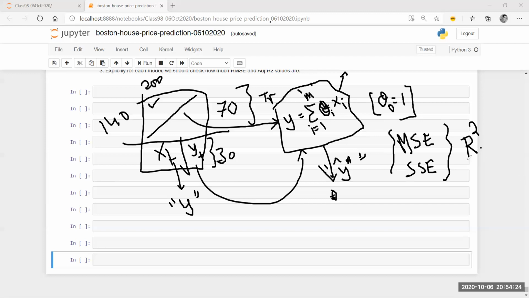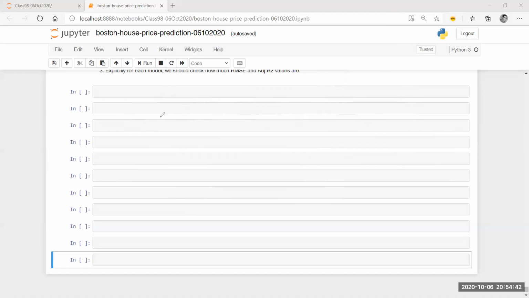So now that we have got R square, is that the only value? Is that the only way in which we can find out whether my model is good or not, right? The answer is no. There is something that we need to do, and that is entirely visual, and that is entirely up to the perspective of the data scientist who is doing this. So in other words, I need to do other things like residual analysis and so on, which we will look into at a later stage.